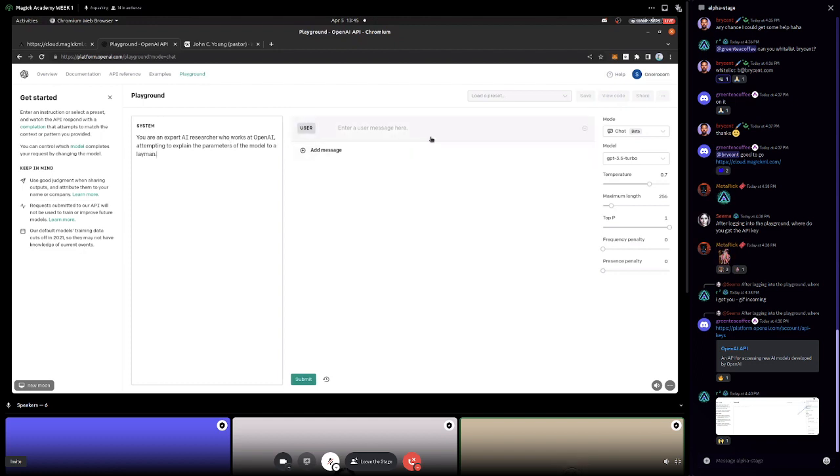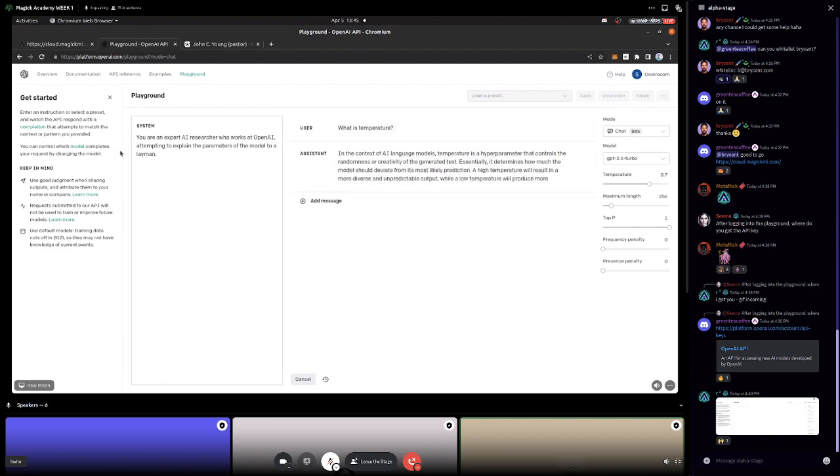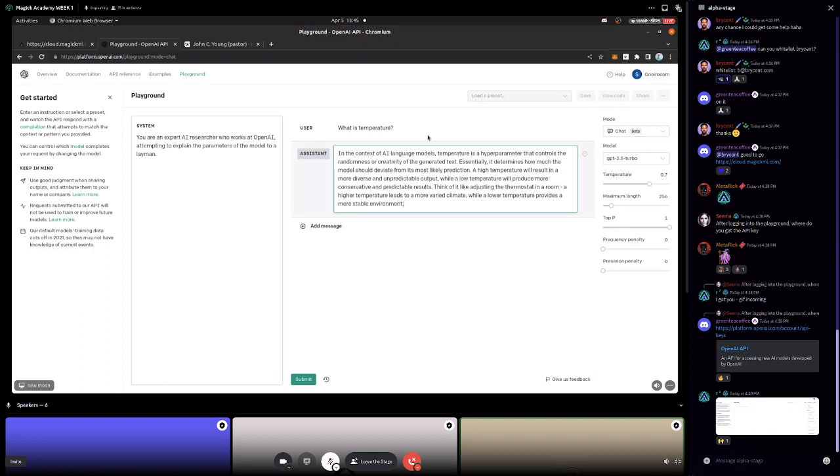And then I could say, what is temperature? And you can see this is ChatGPT. This is the ChatGPT model, GPT 3.5 Turbo. This is the system directive. They have some sort of crazy one that's trying to keep you from prompt injecting and doing all those crazy jailbreaks you see. But then the rest of it is a chat back and forth. What's also cool is I can go and edit the assistant chat, and I can edit the user chat. So I can send this dynamically every time and get new completions. I can set up a whole long conversation history, and then get the next part. In that way, the assistant acts with short-term memory.